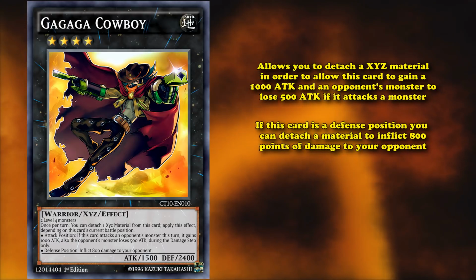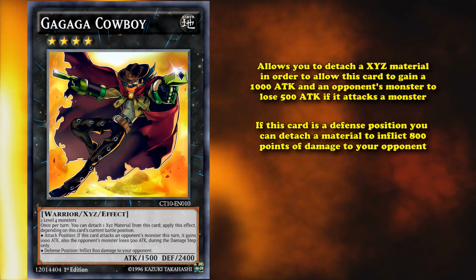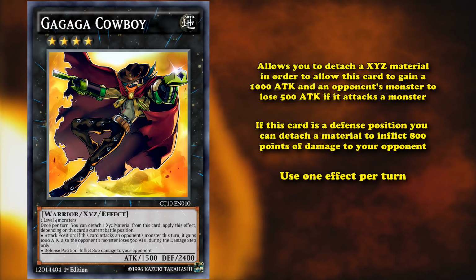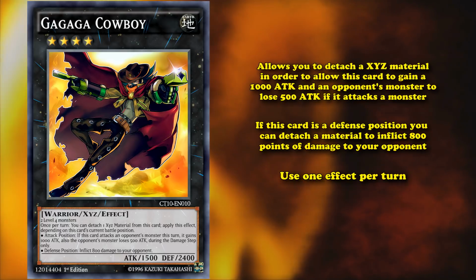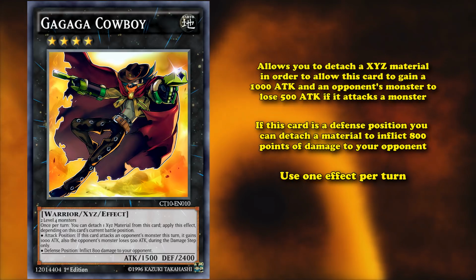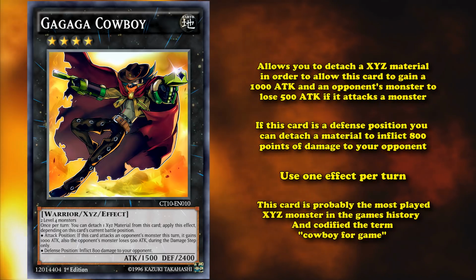And if this card is in defense position, you can detach a material to inflict 800 points of burn damage to your opponent. And you can only use one effect per turn. And the main use of this card was to bring it out in defense position to inflict 800 points of damage. And this effect was so good that this card is probably the most played Xyz monster in the game's